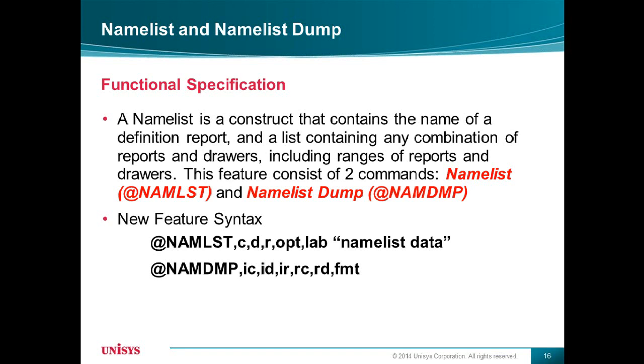There are 2 types of name lists that can be created: the ad hoc name list and the static name list. As the name indicates, the ad hoc name list is an active name list that can be created at runtime, and once the session terminates, the ad hoc name list will be gone. So what's an ad hoc name list? We define an active name list as a global property of the unit,